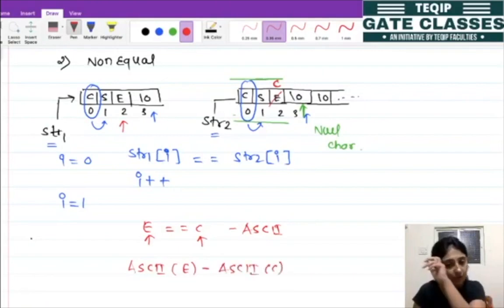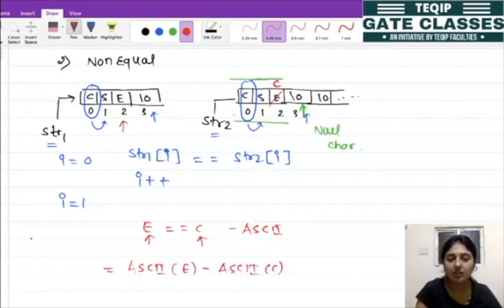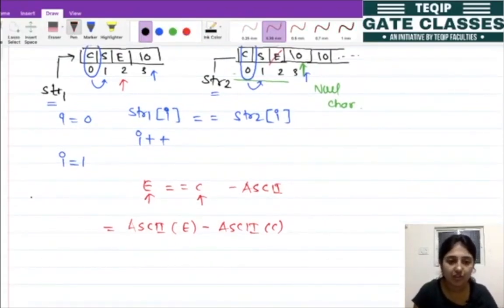Whatever value this function returns, based on that we will say whether string 1 is greater or string 2 is greater. Here we take the difference between the ASCII of the character of the first array minus the ASCII of the character of the second array. The ASCII of E is 69, and the ASCII of C is 67, right?